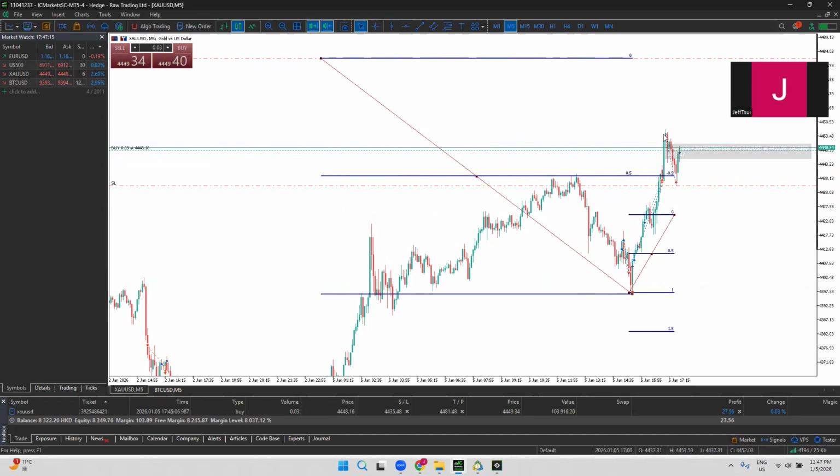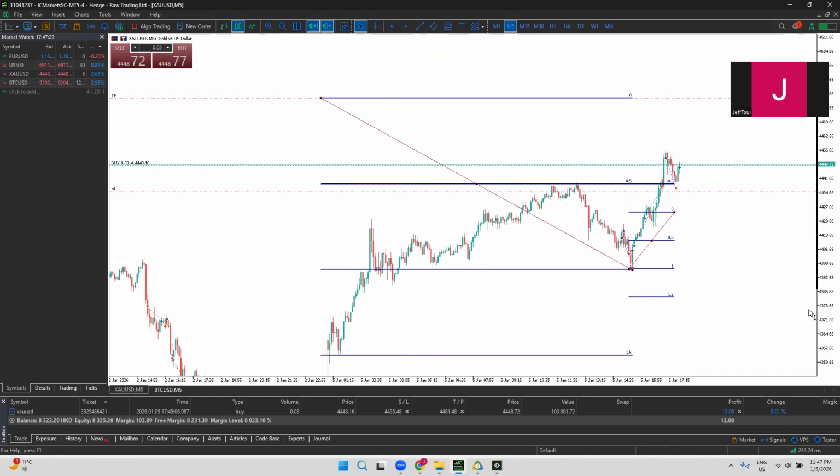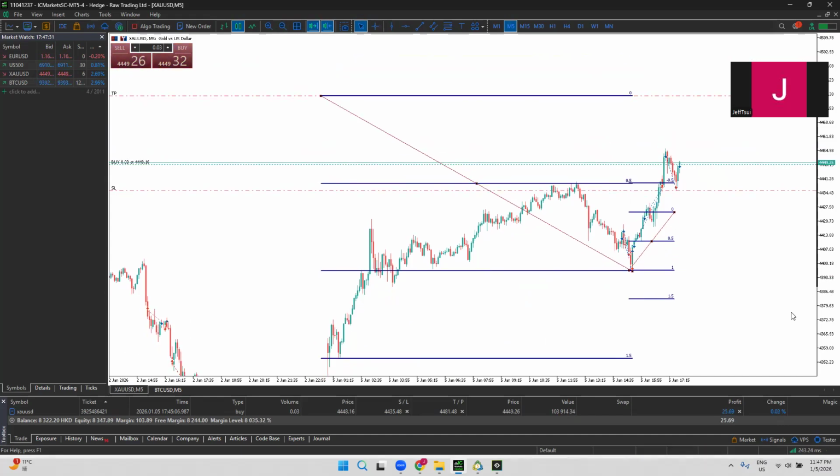And then I took a long there, and then price just wiped me out, and then I just wanted to give it a second chance, and put my stop below that low, and then it continued pushing up as I'm trading with the trend, right? So that's my whole idea, and I'm going to call it a day.